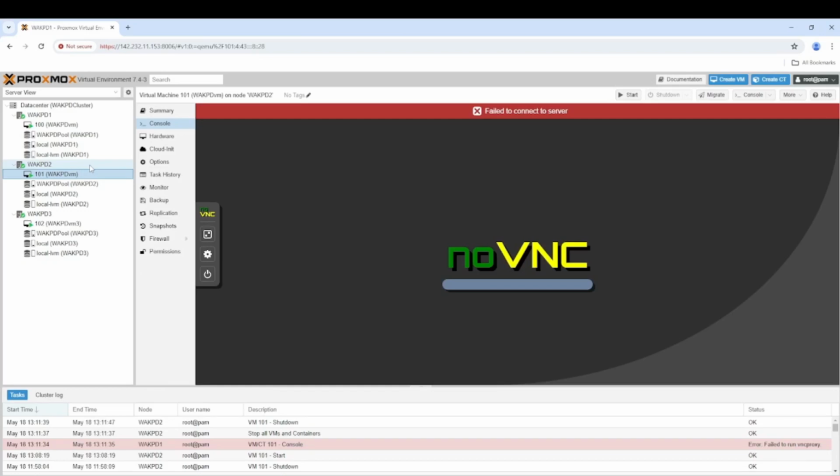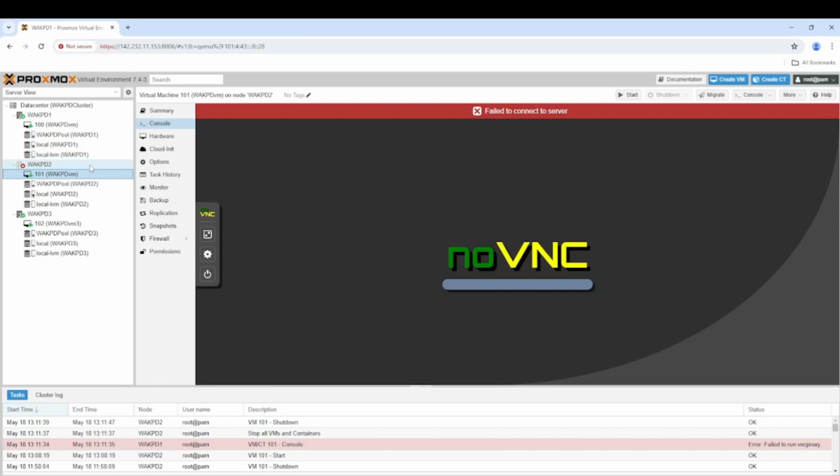We also implemented Ceph, which is a distributed storage system to make sure that the storage is highly available. We have also configured HA for each of the VMs from each node so that if one of the bare metal servers goes down, the VMs will migrate over to one of the other available nodes. To ensure that our data is always available, we've configured high availability for each VM. If one of our nodes goes down, this service will attempt to start the affected VMs on a healthy node